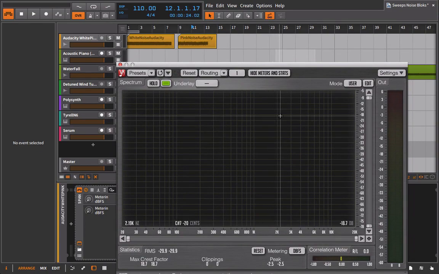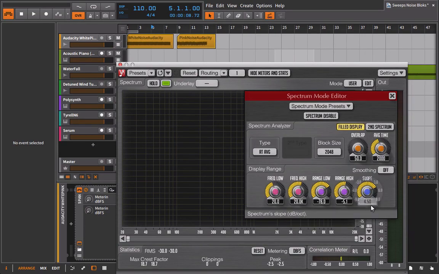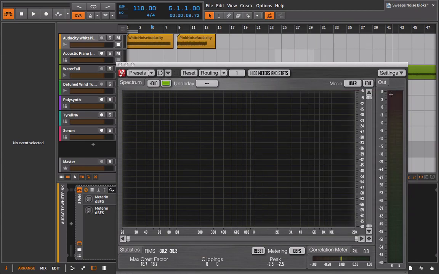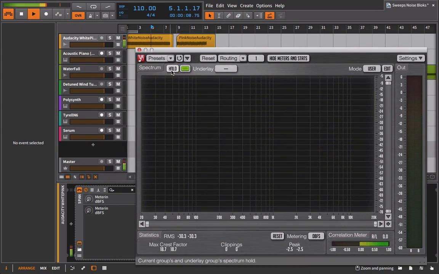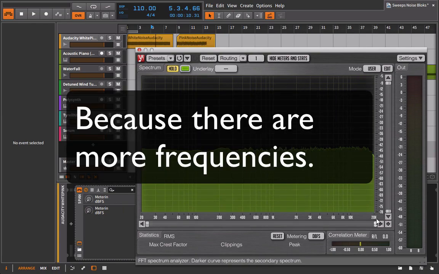But if we want to get technical with it, which is useful, we can go in here to the edit mode, change this slope, and bring it back to 0. Now what we're looking at is what's really going on. With the white noise, what we're actually seeing is equal energy across the entire frequency spectrum, from 20 hertz up to 20,000 hertz. But just remember that there's a lot more happening in this upper range than in this lower